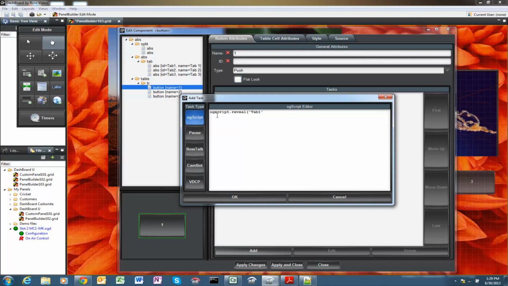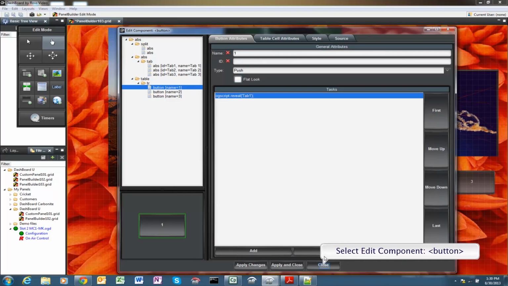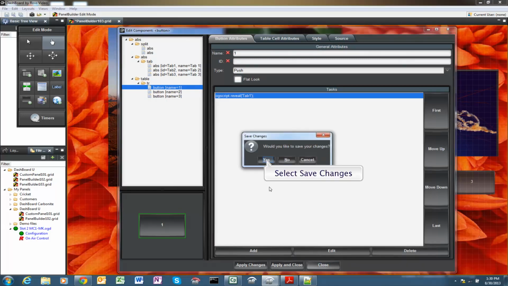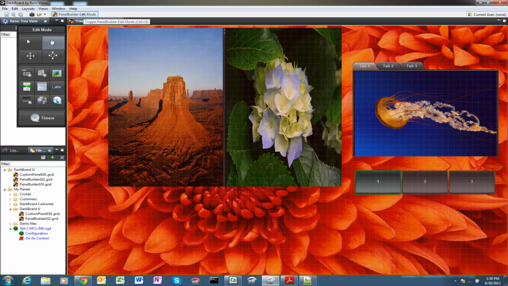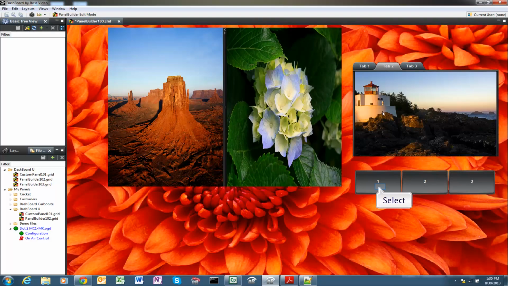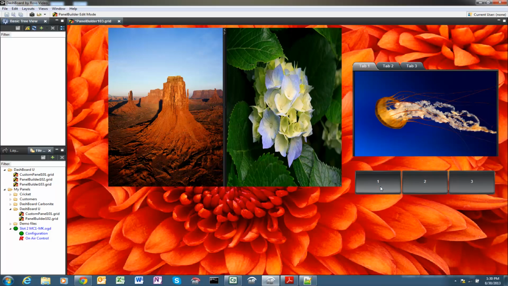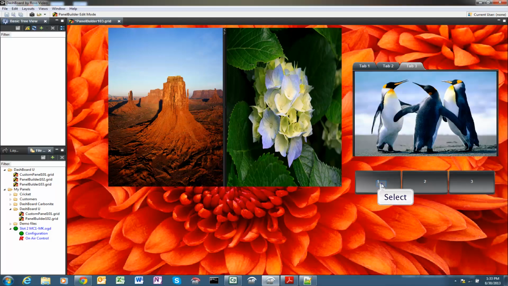Finish with a semicolon and hit OK. Now if we drop out of edit mode, hitting this button will reveal that tab. So while you weren't looking, I programmed buttons 2 and 3 to reveal the associated tabs 2 and 3. So now we can change tabs using UI components like this.